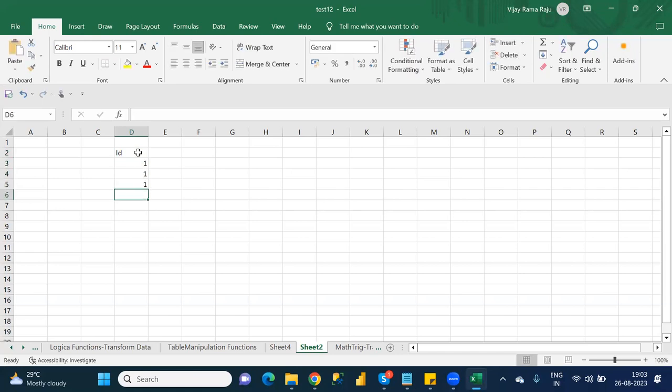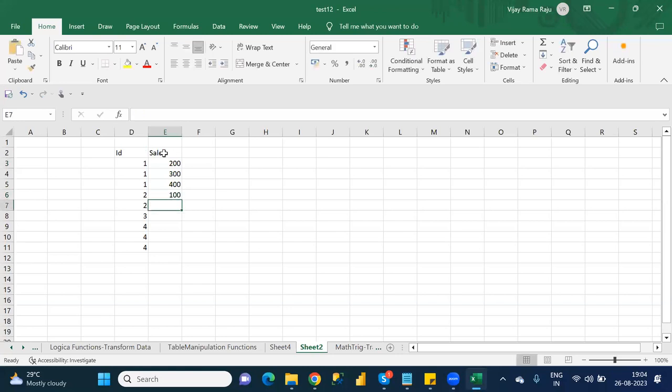The same value is repeated multiple times in some cases, like 1, 1, 1, 2, 2, 3, 4, 4, 4, like this it will be there. This is a sales column, each value having a different one: 200, 300, 400,